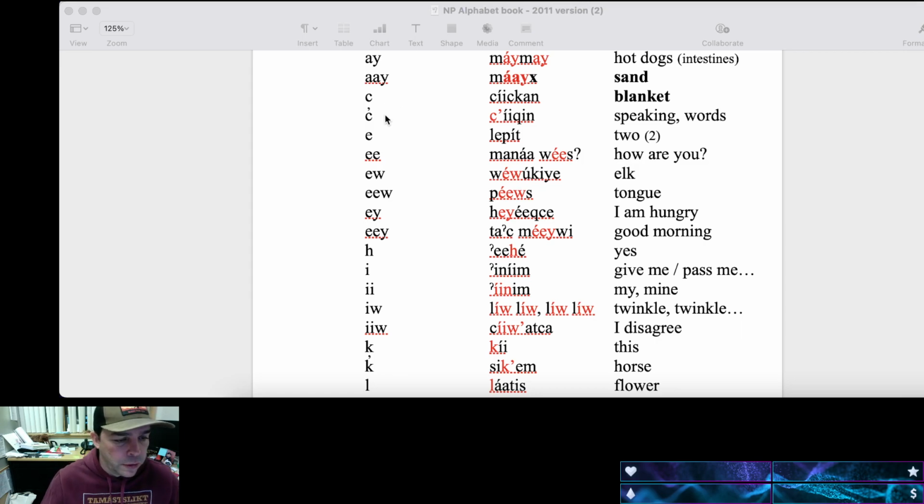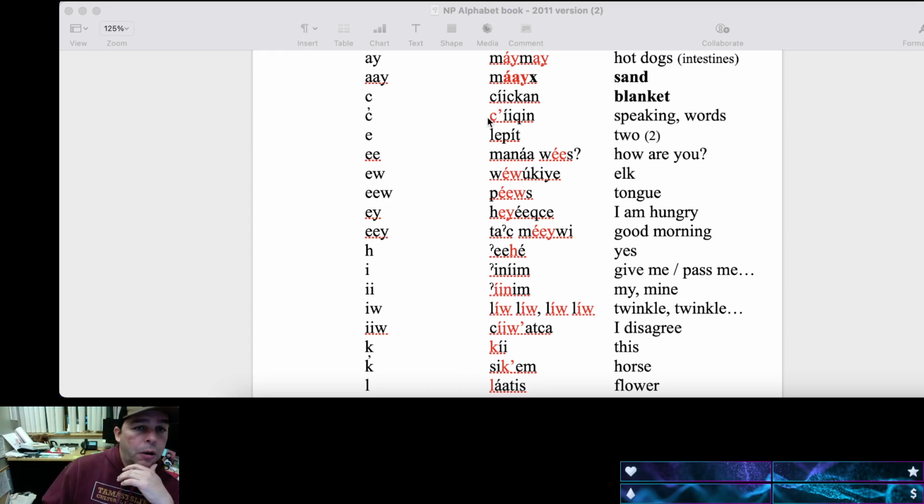And then we get into our first adjective here. So you have a t, and then you have this little mark over the top, which means that we're putting extra emphasis on that. So it goes from t to t. And you can write it either way. You can write it this way if you like, with the glottal to the side, depending on what kind of keyboard you're using. Sometimes putting it over the top isn't always an option.